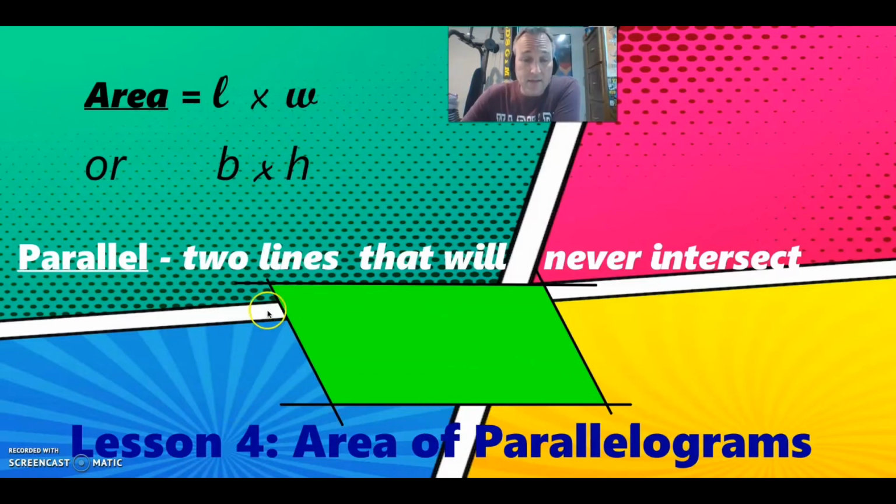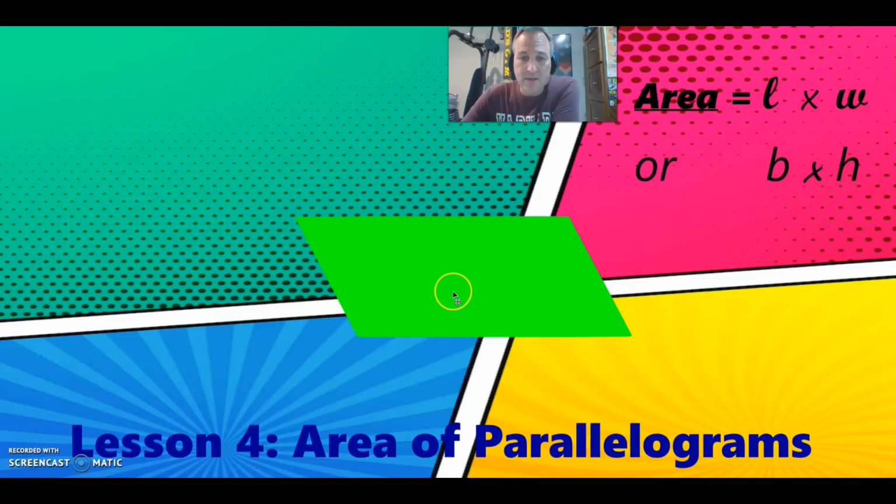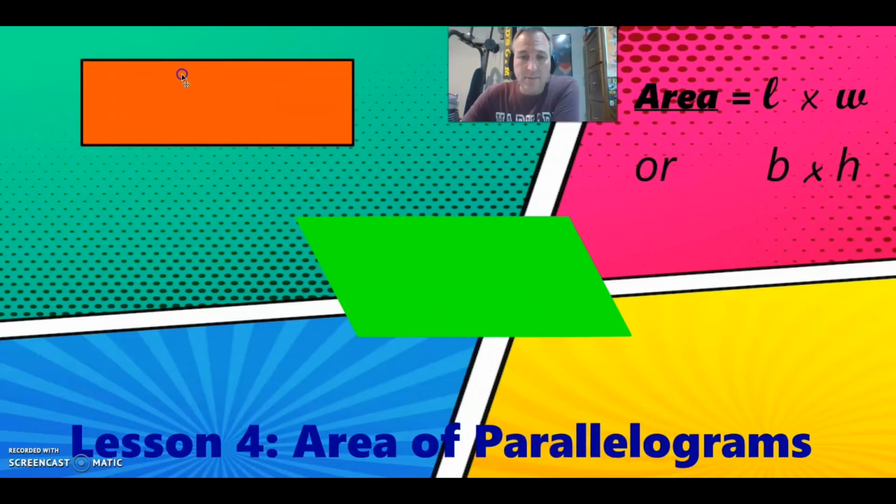In a parallelogram, opposite sides are parallel. And remember, parallelograms have to be quadrilaterals. They must have four sides. By definition,